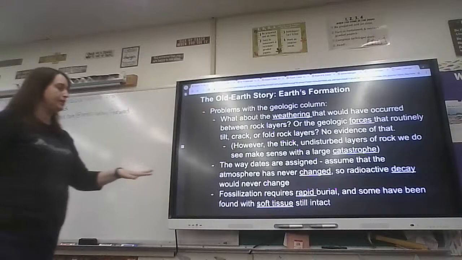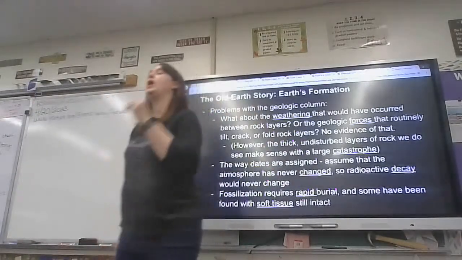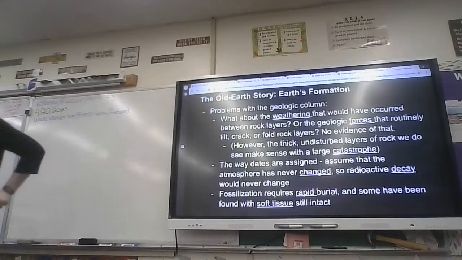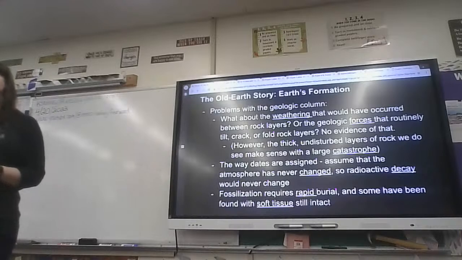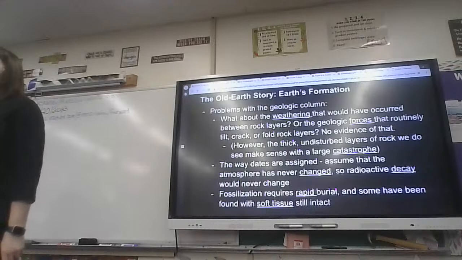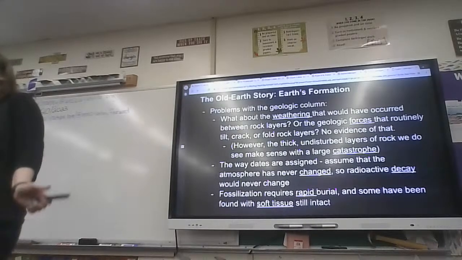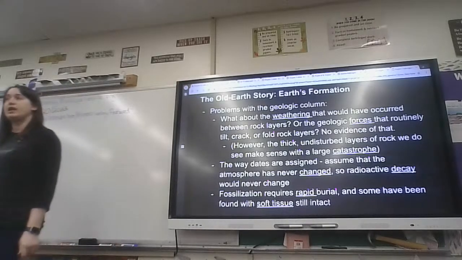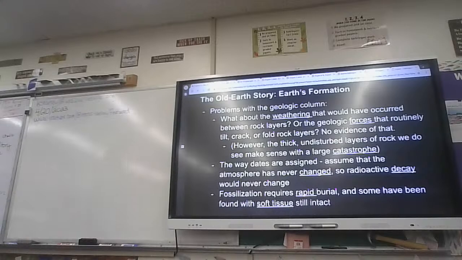Anyway, point being, fossilization requires rapid burial. And for years upon years, scientists have had no good explanation as to why we have so many fossils, because they can't explain this rapid burial. And then there are the areas, like, if you go to Utah, there are what we call the dinosaur graveyards, where it is hundreds of dinosaur skeletons in a giant mishmash pile.